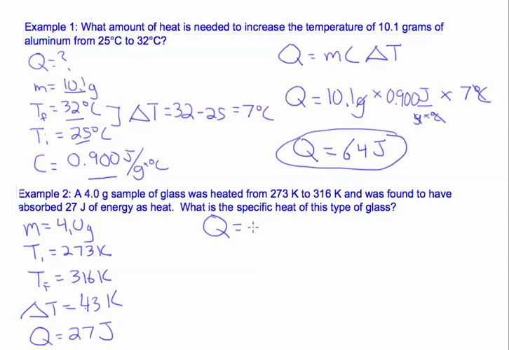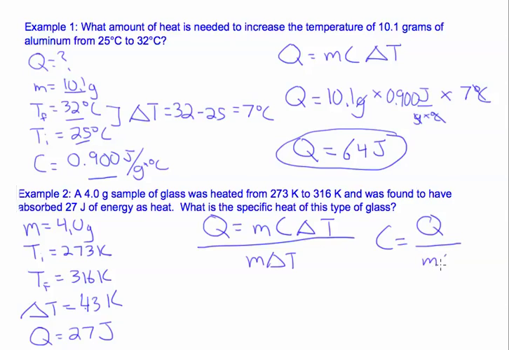Using the equation Q equals mc delta T, if we want to rearrange this equation to solve for C, we divide both sides by m delta T. So we have C equals Q divided by m delta T. So C equals 27 joules divided by 4 grams times 43 Kelvin. C equals, you should get